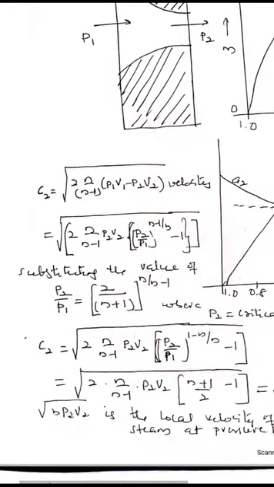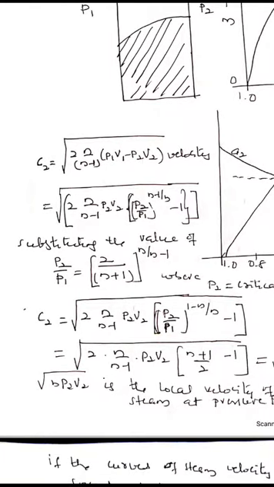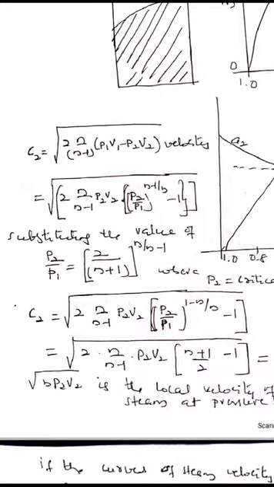This can be expressed in terms of P2 V2 as root of 2n by n minus 1 P2 V2 into bracket (P2 by P1 raised to n minus 1 by n). Now, for maximum discharge through the nozzle, the pressure ratio P2 by P1 should be the critical pressure ratio, putting P2 by P1 equal to (2 by n plus 1) whole raised to n by n minus 1,